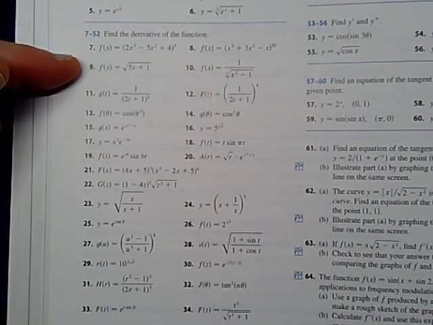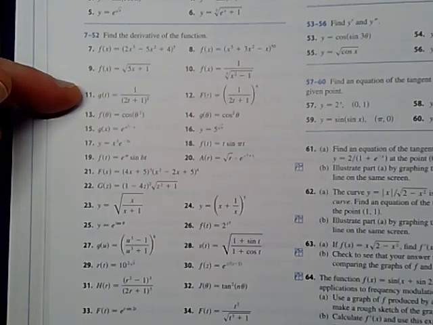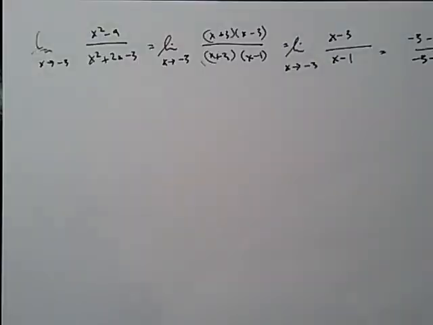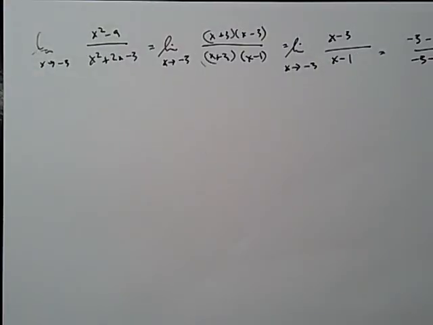Number 9 you can see is a composition, square root of 5x plus 1. Number 11 is another composition. It's 2t plus 1 to the minus 2 power. And number 15 is another composition, e to the x squared minus x. So a whole bunch of compositions. Just going to practice. That's all. Nothing more complicated than straightforward practice. So number 9